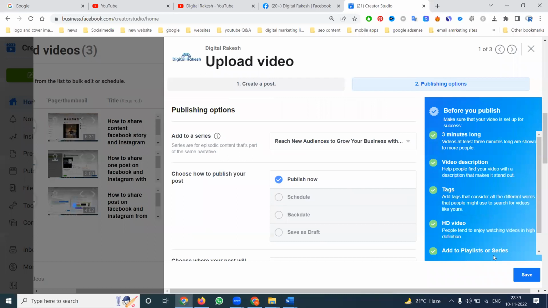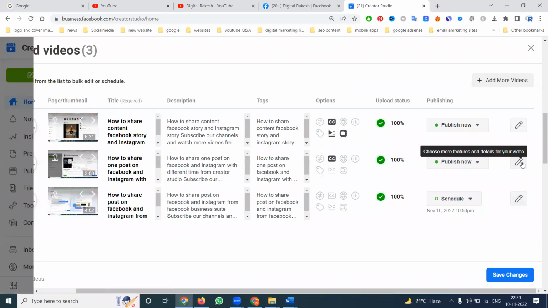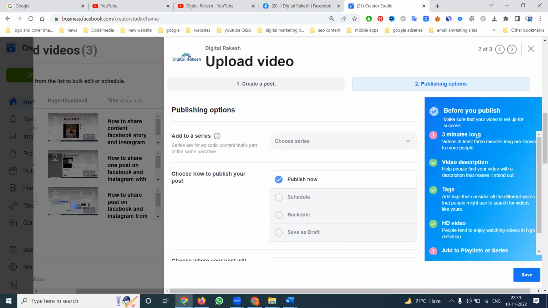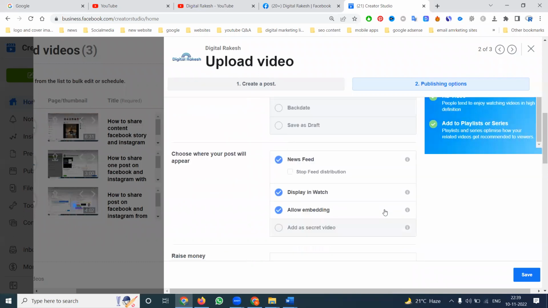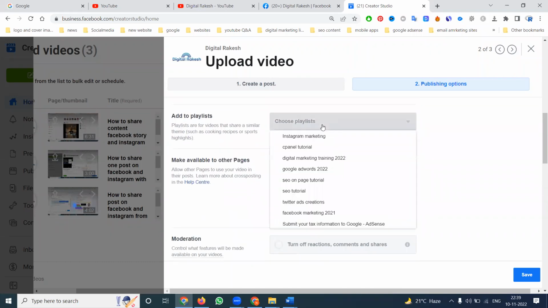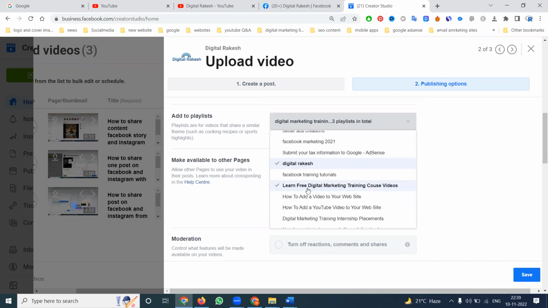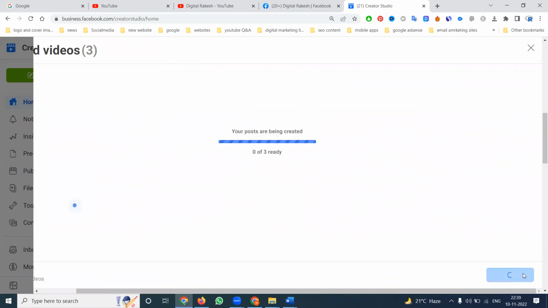Next. Same. This will be done already. Click in. So what are the changes you have? See this, 3 minute video. This is not a longer video, so nothing to worry about this option. Add playlist. Everything will be added to your particular playlist option. Save it. Save change. At a time, in one Facebook page uploading 3 videos, two will be published on time,